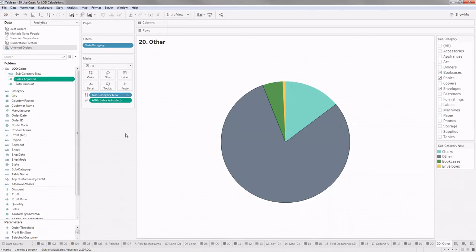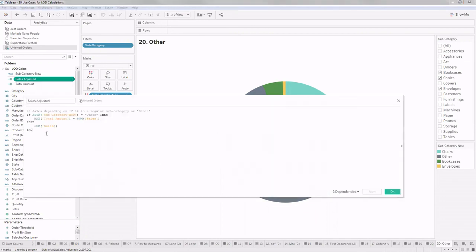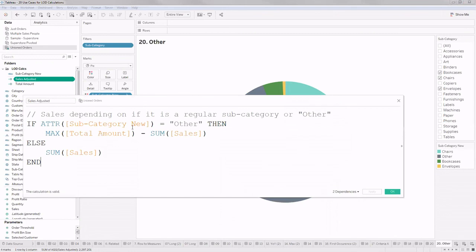Because of that subtraction, that complement effect, I'm able to get this other category. It's clear, right? That's the logic. If we go through the calculation once again, that's what we are doing here. Whenever it belongs to the other subcategory, just give me the complement of the sales, because that will be filtered out. If it is not, then give me sum of sales.